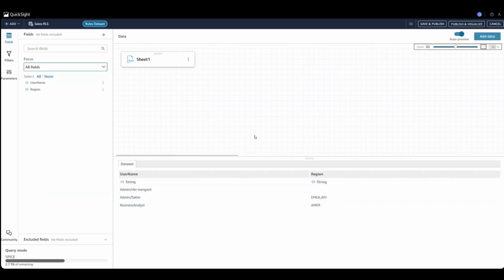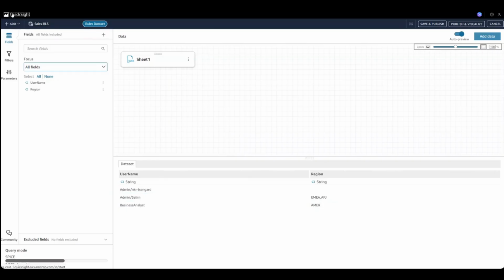So that's the rule data set that I have created for now, and just for the demo purpose, I have just uploaded the file and created that. But in principle, you can create it within your data set. You can have all your rules defined, and as it gets refreshed or the user gets added to it, these tables can get refreshed, and then you can use that to apply the row level security. So let's say, assuming you have this particular rule data set,